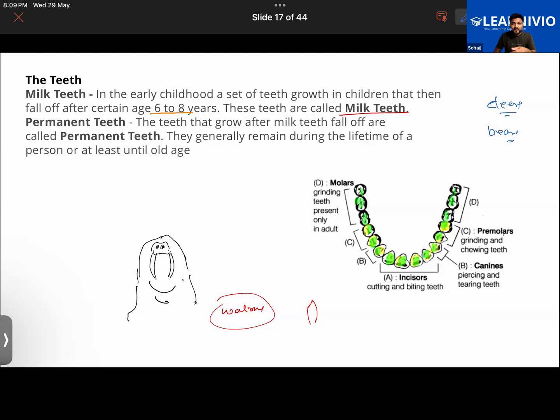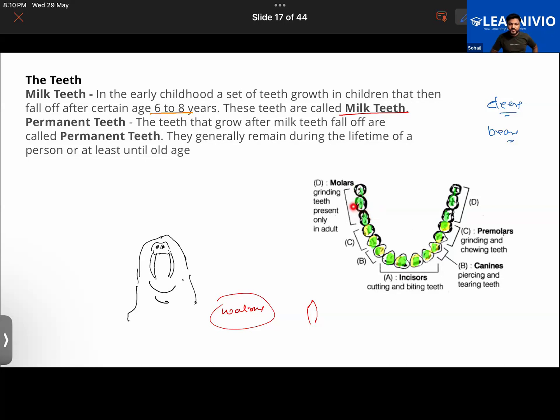But the carnivorous animals, those that have a carnivore diet, have canines much bigger as compared to others. Then you have premolars and molar teeth. Their main function is to grind the food and chew it. As a kid, you might not have grown the molar teeth yet; later on they will grow.